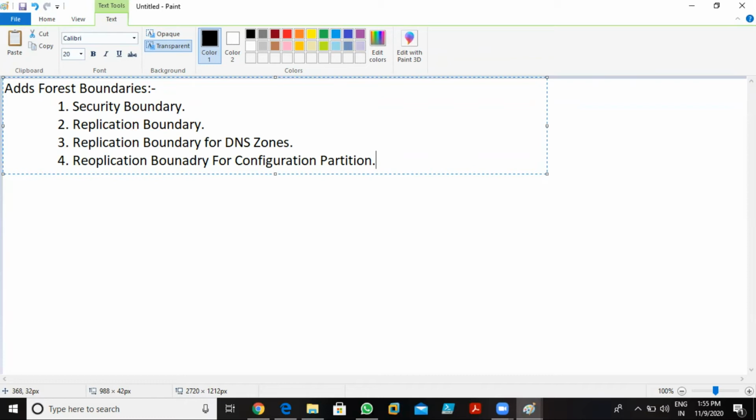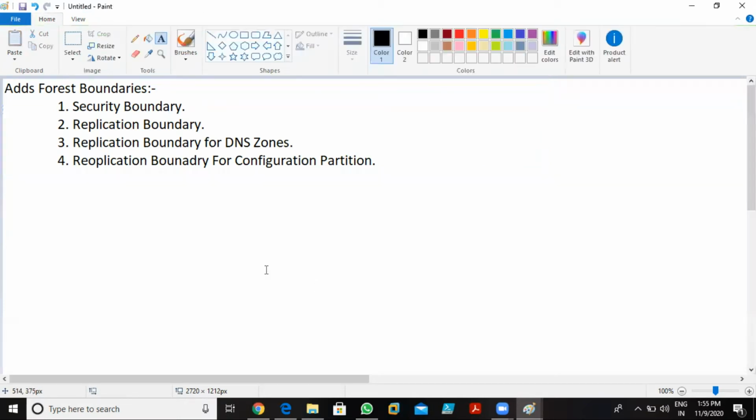But if we talk about partitions, your Active Directory has partitions also. Those partitions work automatically. Once you install Active Directory, the partitions are automatically installed in the Active Directory and work together. So in the configuration partition, what does it do? Imagine this